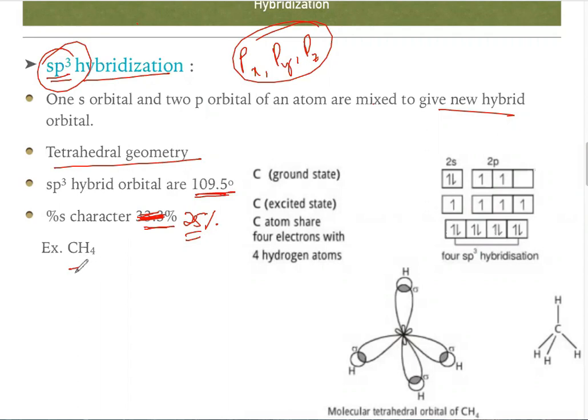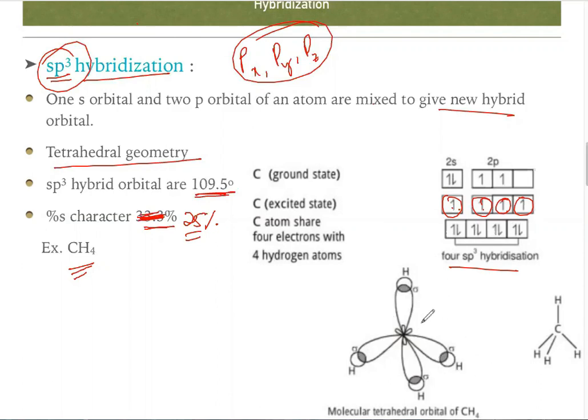Let us take the example, CH4, methane. The atomic number of carbon is 6. In the ground state, the number of electrons present in the valence shell is 4. 2s2 2p2. In the excited state, one electron from s will jump to p. How many unpaired electrons are there? 1, 2, 3, 4. Four unpaired electrons are there. Hydrogen is going to combine with these 4 unpaired electrons. What is the participation? One s and three p. That means sp3 hybridization. So the geometry of CH4 is like this, and it's a tetrahedral geometry.